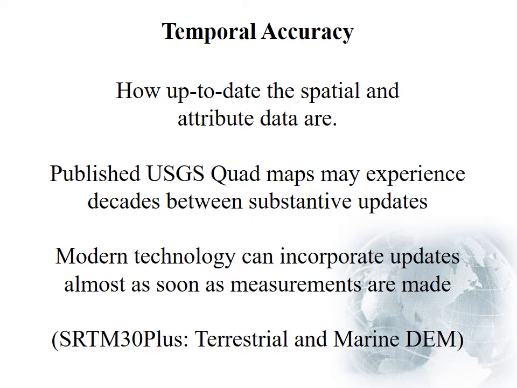Temporal refers to time, and so temporal accuracy is how up to date your spatial and attribute data are for any given data set. If we use USGS quad maps again, sometimes decades have gone between updates between the different maps. And so you may be working on a current project, and the most recent map you have may be 15 years between the time it was published and the time you're using it for whatever kind of analysis you're running. That may be adequate. It may be the only thing that you have as a reference to what the land cover types are,